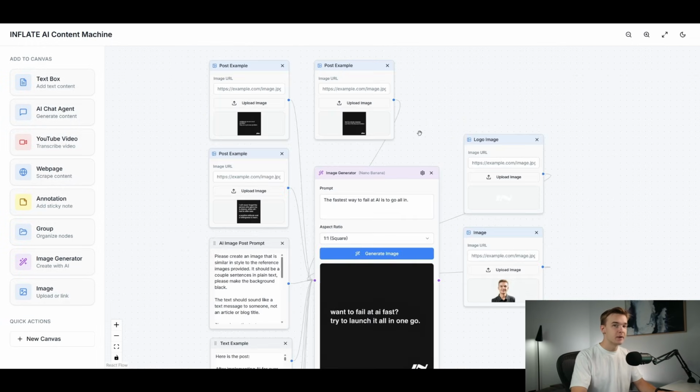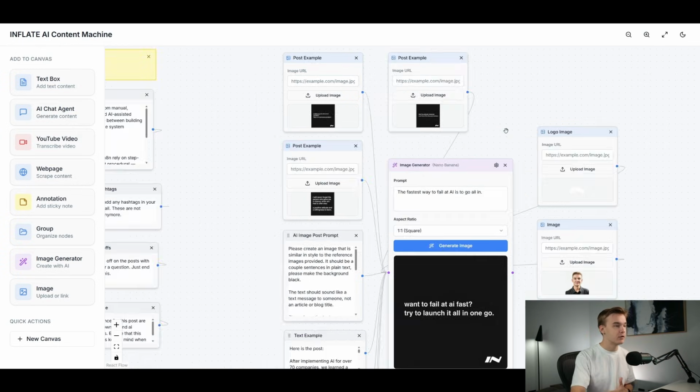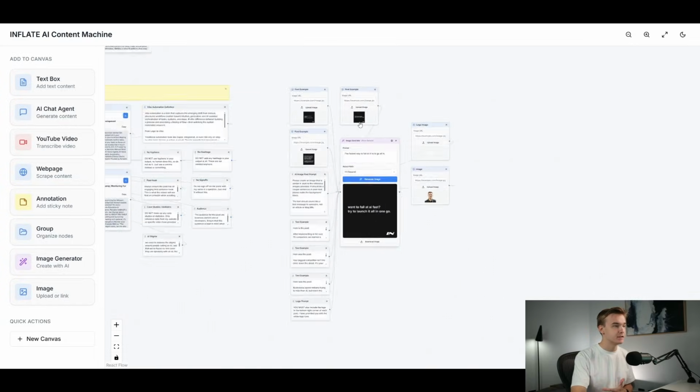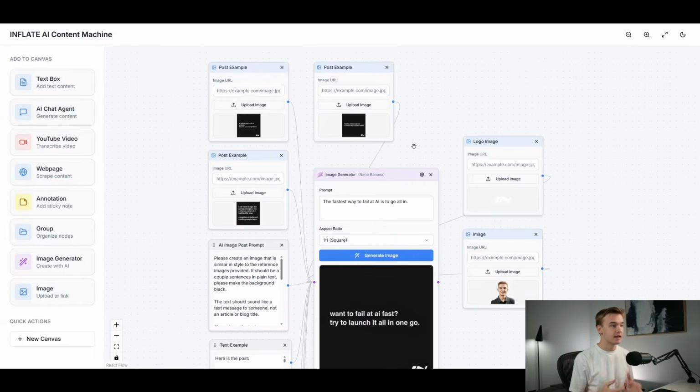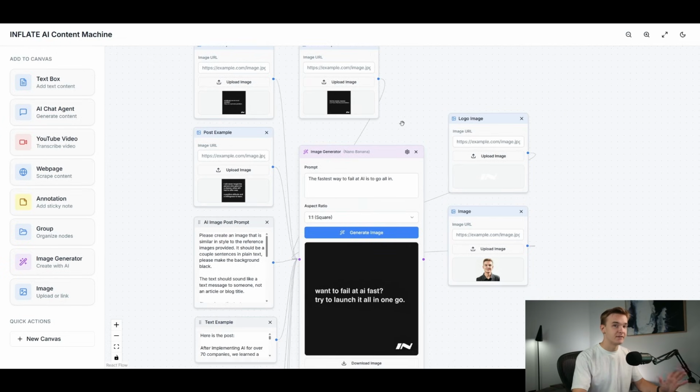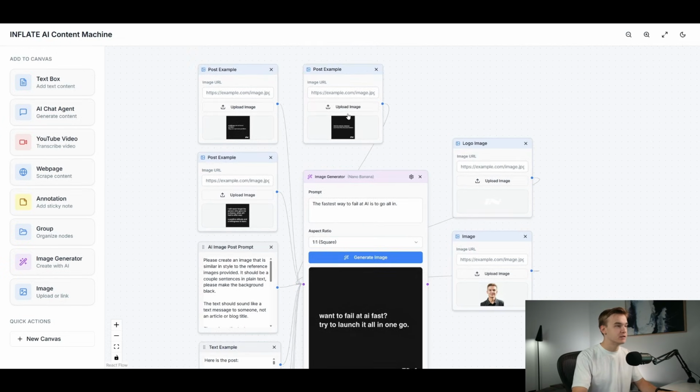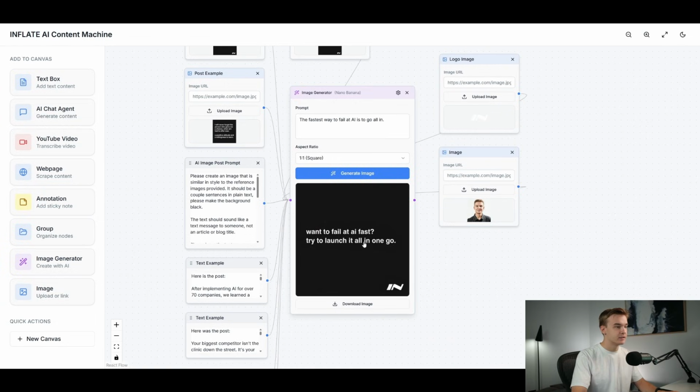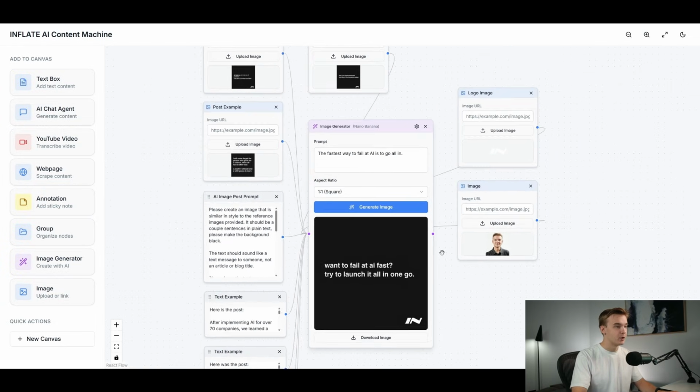Scrolling over a bit, I've also got this part of the canvas, which is dedicated to generating images for my LinkedIn posts. So I can use the previous part over to the left here to generate a LinkedIn post. And then coming over here, what I can do is take that LinkedIn post and turn it into an image or a graphic that I can use alongside that post. And so I have tailored this to have a specific format with these 3 examples here, where it's just text on the page. It has my logo in the bottom, and the text